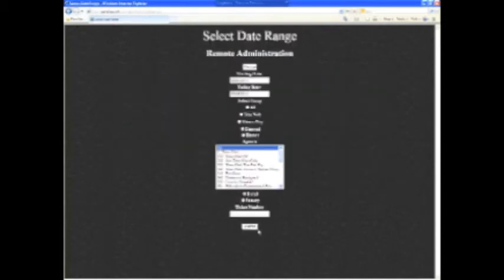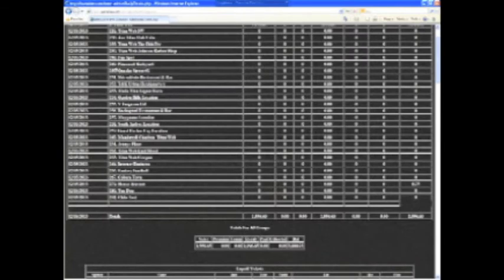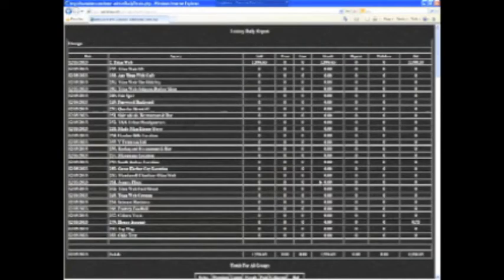And as you can see here, I can go to any store I want, all the stores that are there, and then we can pull up the stores completely and see what their sales have been and how much our bottom line was that we made today. It would also show in here what we lost. So if we would have maybe collected $100,000 in sales, it'll tell us that. It'll tell us what the numbers were pulled, how much we owe out, and what our actual balance is, what the actual cash is in our drawer,